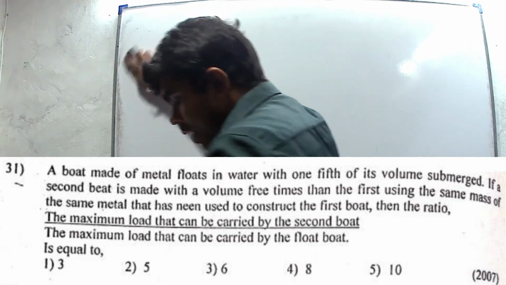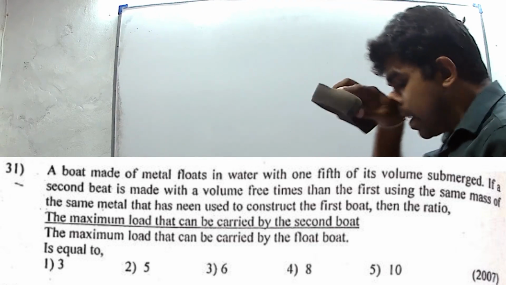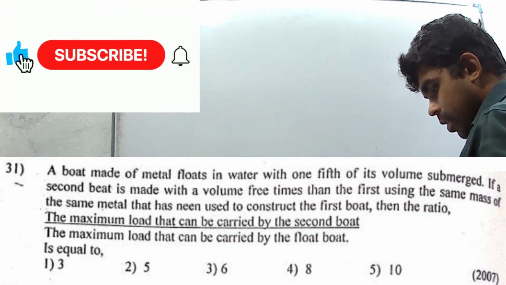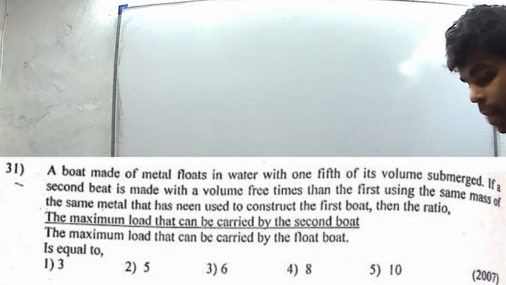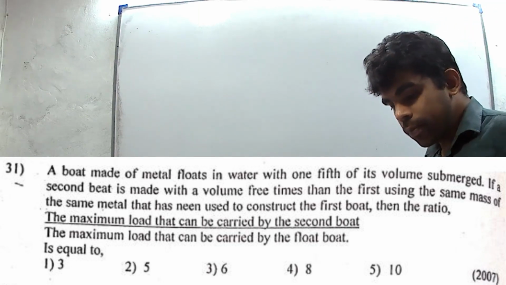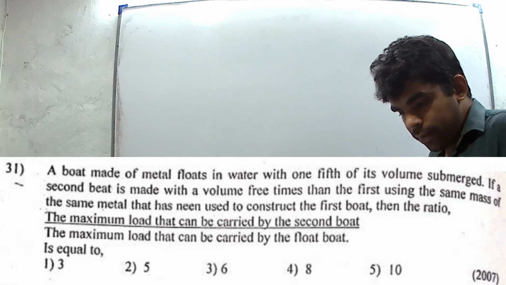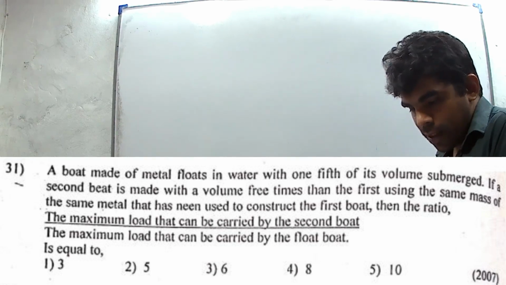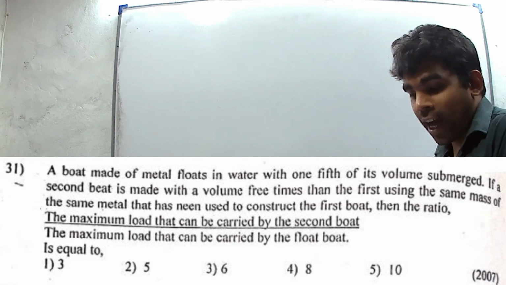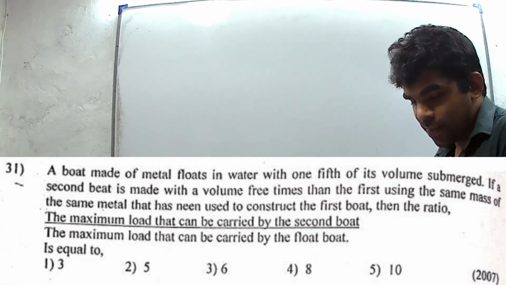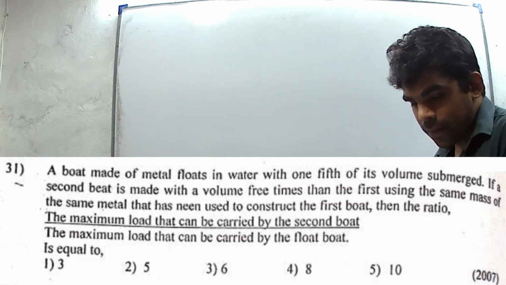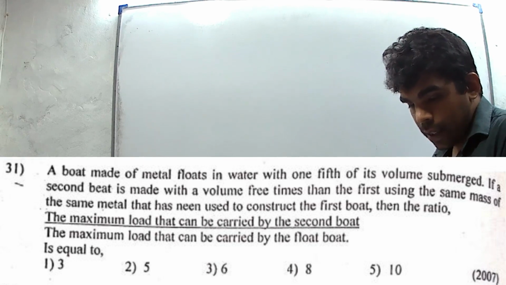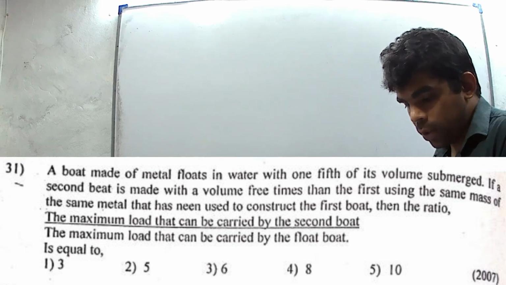If a second boat is made with a volume 3 times that of the first, using the same mass of the same metal that was used to construct the first boat,